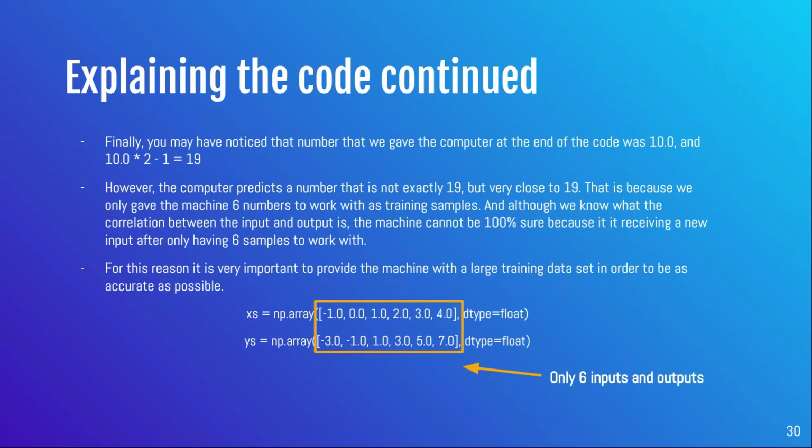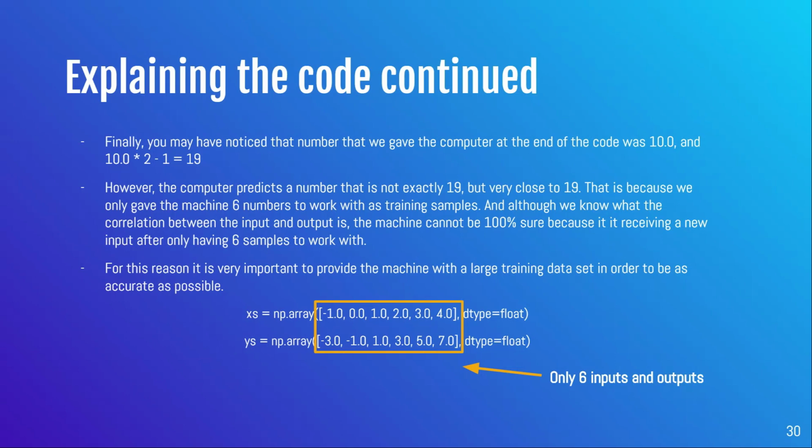Okay, so now finally, you may have noticed that the number that we gave the computer at the end of the code was 10, and 10 times 2 minus 1 is 19. However, the computer predicts a number that is not exactly 19, but very close to 19. This is because we only gave the machine 6 sets of numbers to work with as training samples. And although we know that the correlation between the input and output is 19,